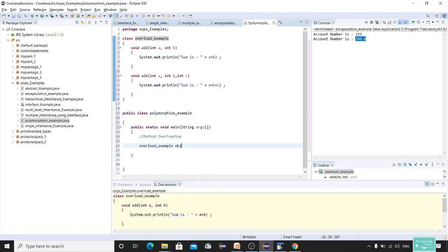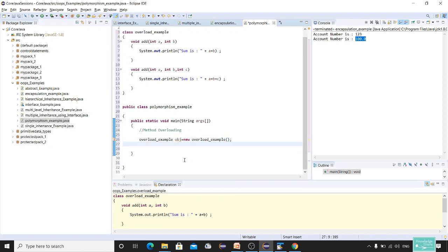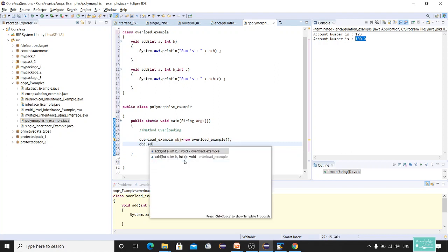Now let's create an object and try to call those methods and see. I'm creating an object for overload example, obj is equal to new overload example. Now I'll call obj dot add. If I say add, you can see these two methods are being displayed. You can click on anything.